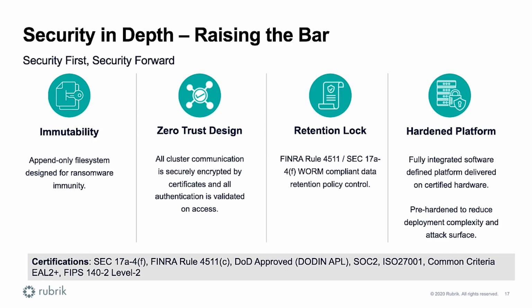Lastly, the third piece in this whole puzzle is the retention lock SLA, which is FINRA Rule 4511 and SEC 17a-4 WORM compliant. It essentially means if I turn this on for one of my SLA policies, no one can modify the retention, the backup frequency, or anything else inside the SLA. You can't remove objects from it either. So you're safe from internal bad actors,